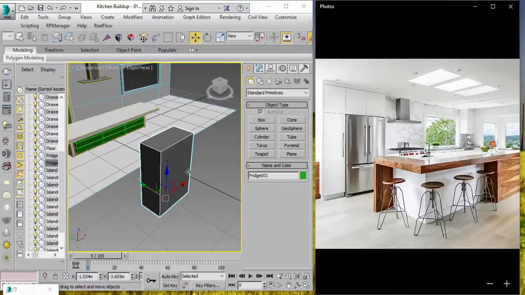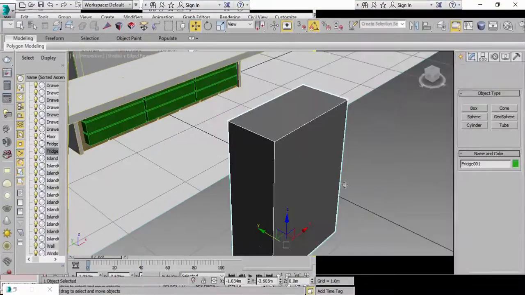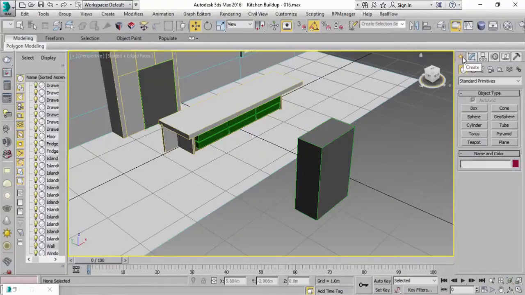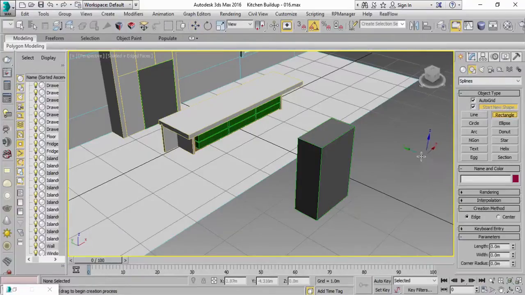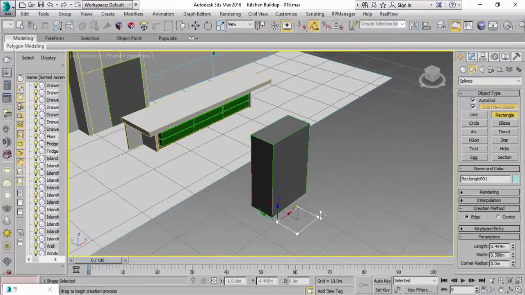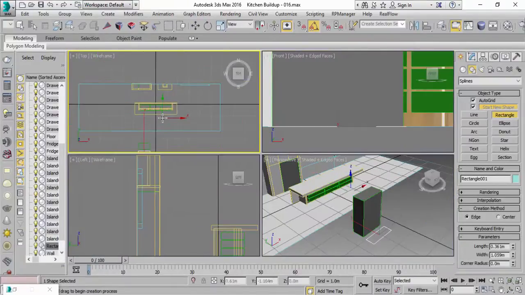All right. So to do that, we're not going to use boxes. We're going to use shapes instead. So in the Create panel, please select Shapes. Okay, and then as one of the splines, you're going to look for a rectangle. Okay, and then draw a rectangle right there on the floor. Let's go to the top view,